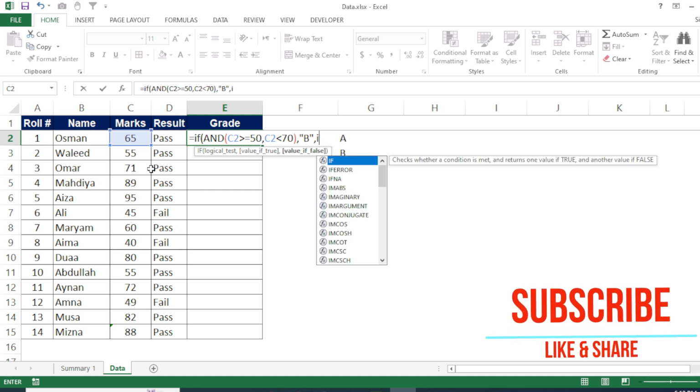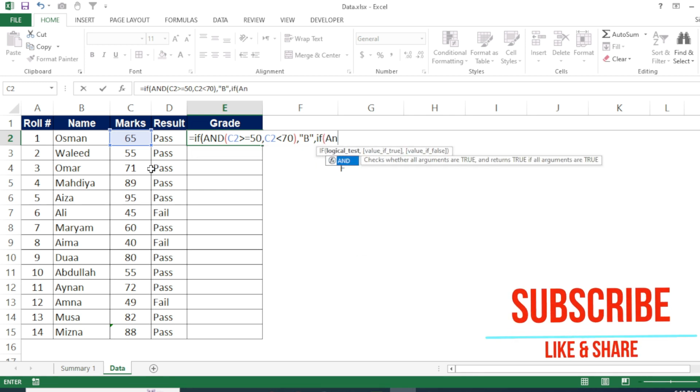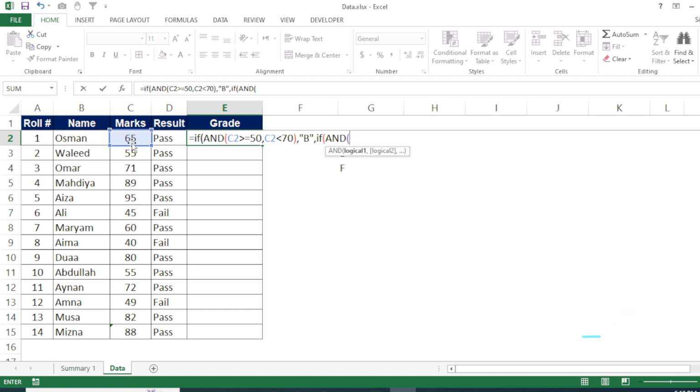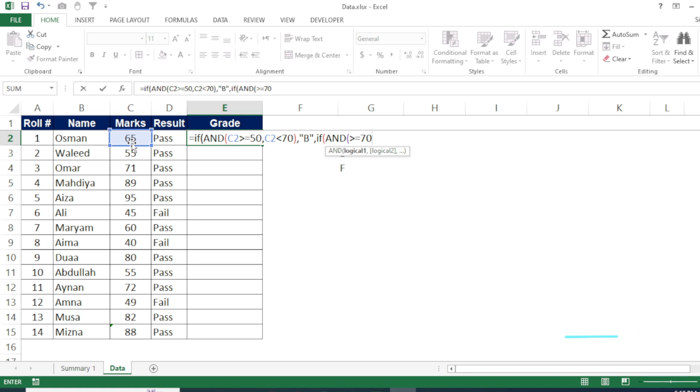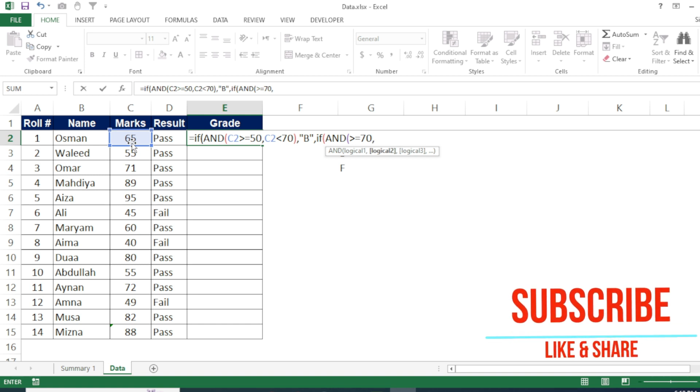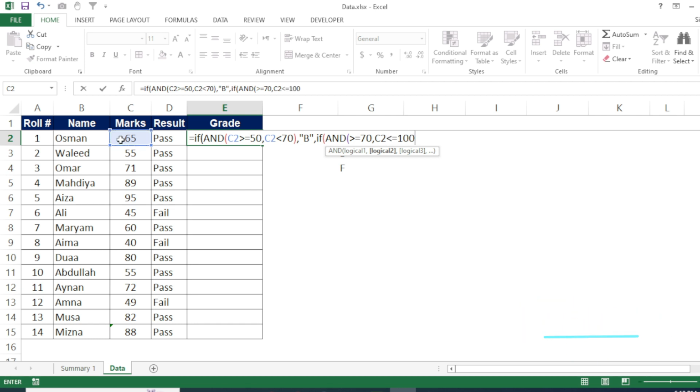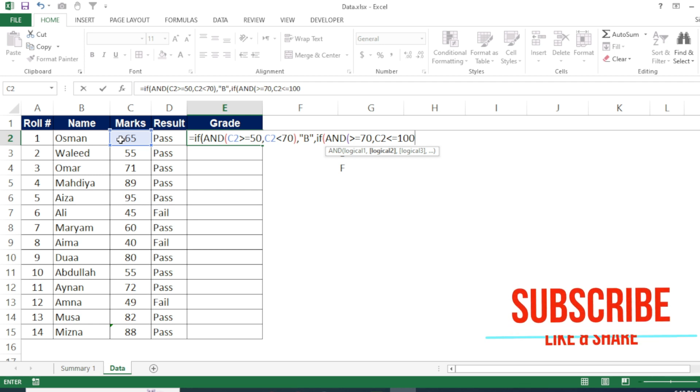Second if and marks is greater than equal to 70, comma second condition marks is less than equal to 100, bracket close, then the result should be or grade should be A,